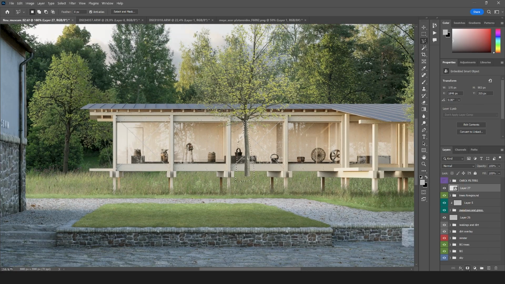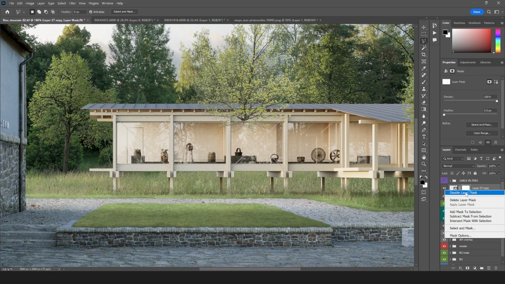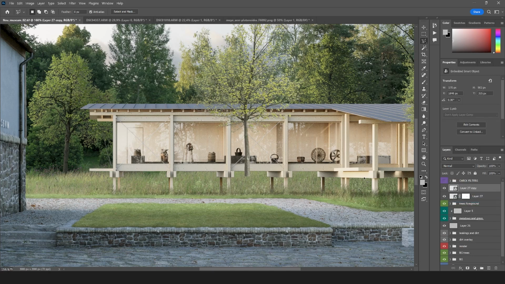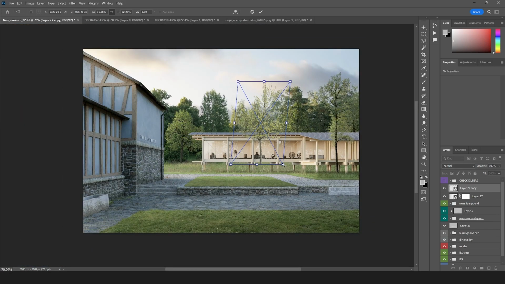So let me mask that out, and with Command J you can make a copy, and we can scale this one up quite a bit